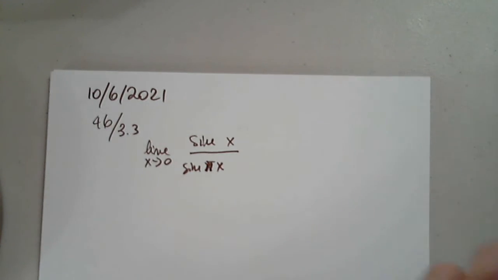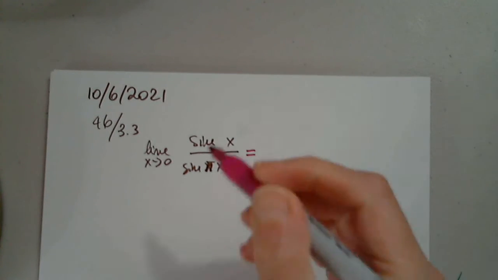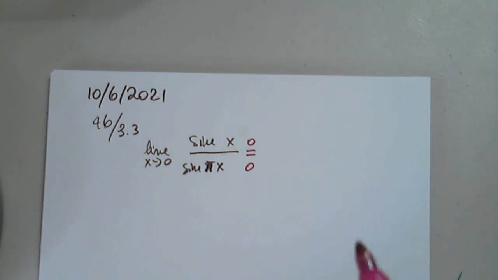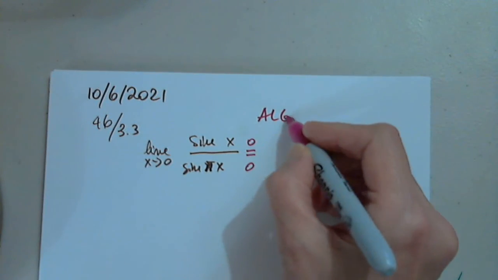Good. So first I have to start by plugging it in because I need to know what type it is. Because if the answer is 5, then I don't have to do anything. So that's why it will save me a lot of trouble. So what do you think when we plug in 0? Sin x is 0. Yes. And the denominator is 0. Very good. So a simple algebraic